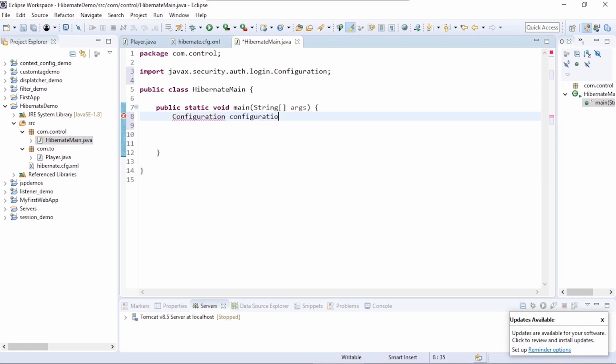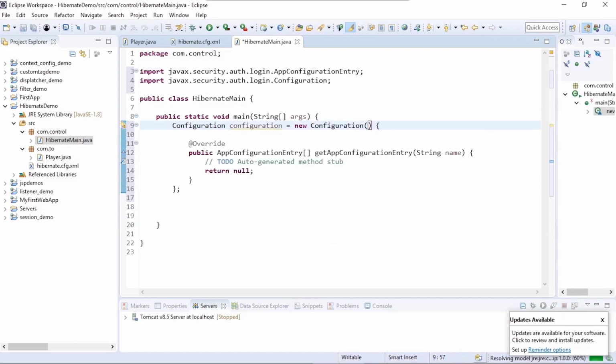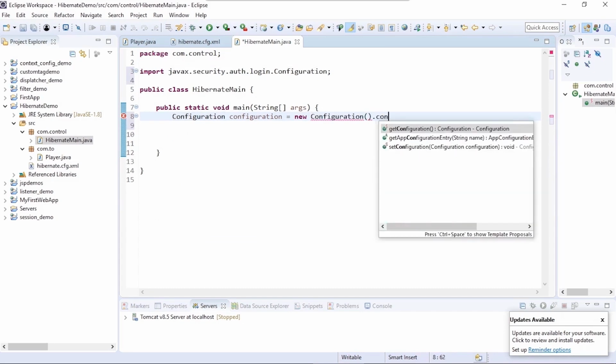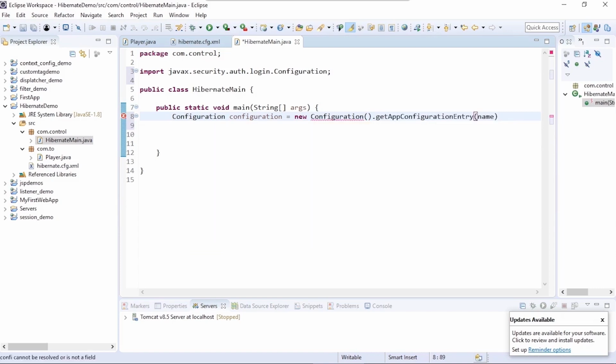Configuration equal to new Configuration dot configure.